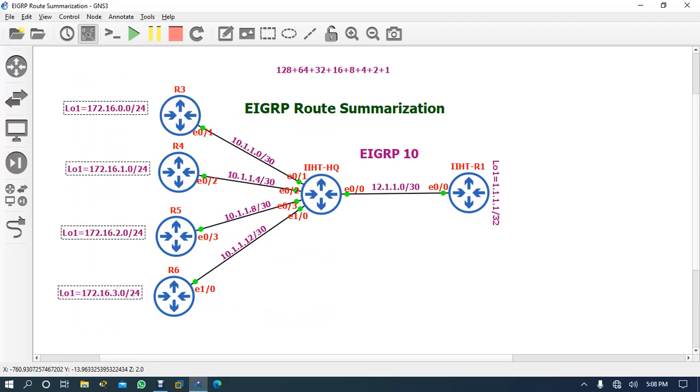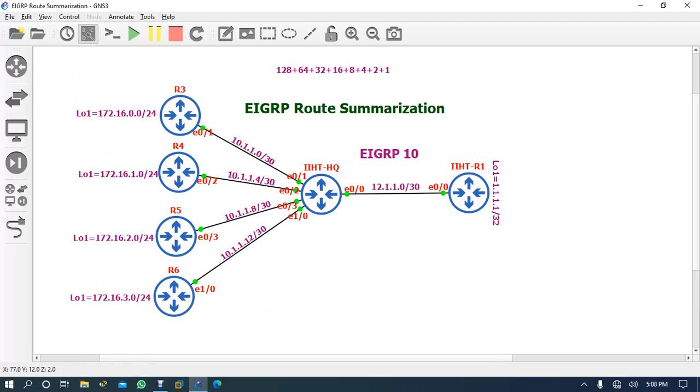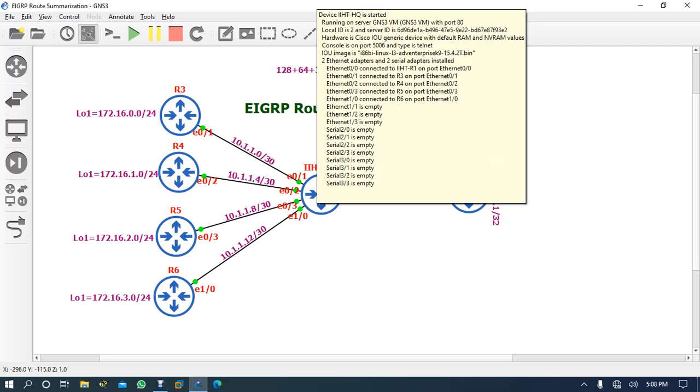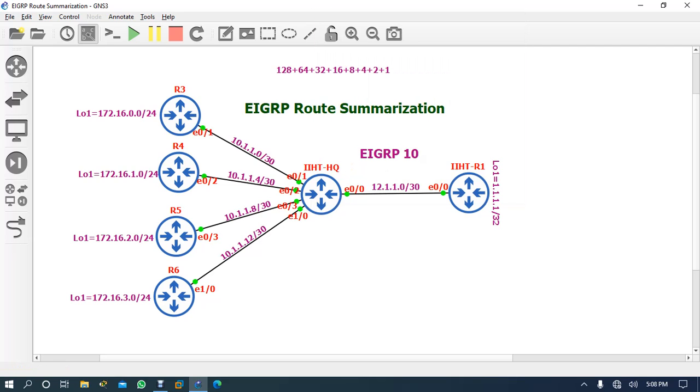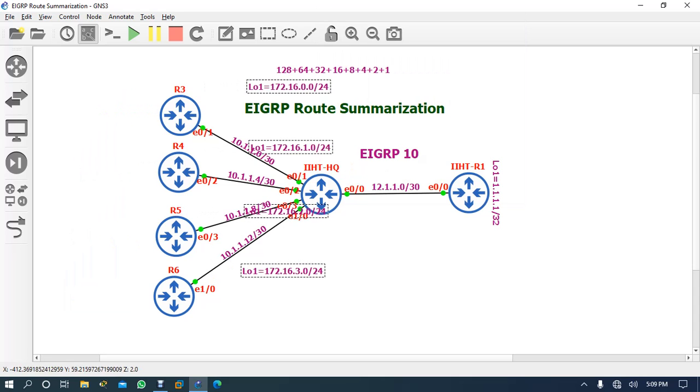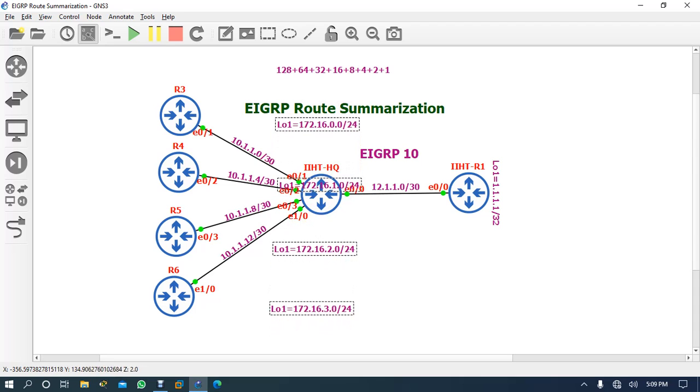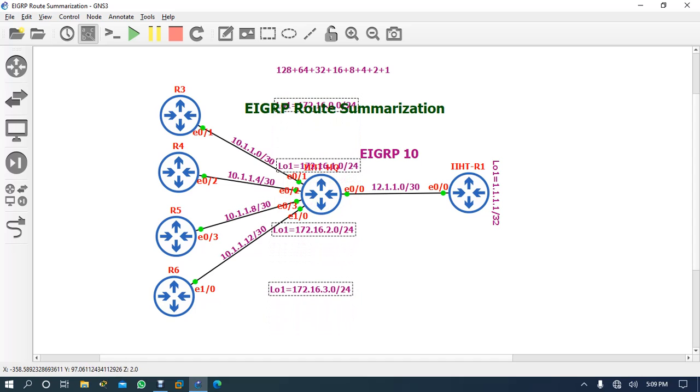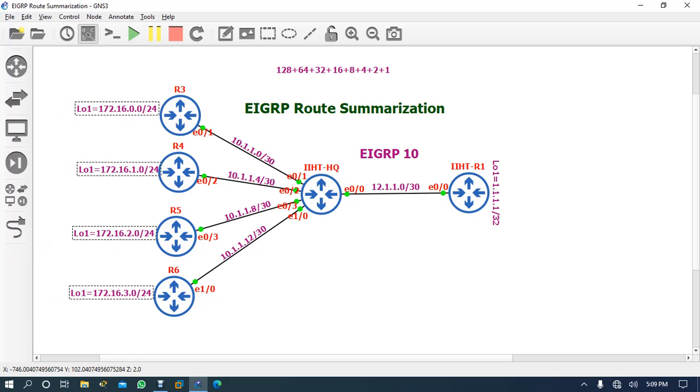Normally in companies the edge routers are very strong routers, so the edge router can handle multiple routes and process them, keep them in the routing table, forward them, and maintain the heavy routes, no problem.